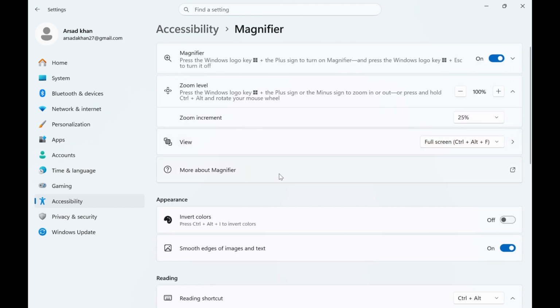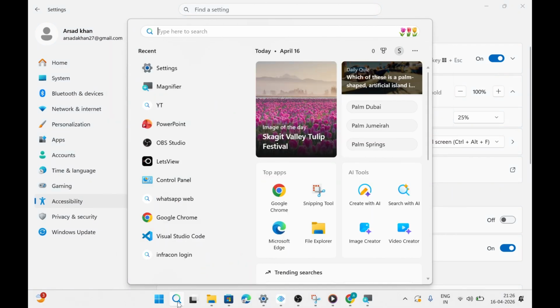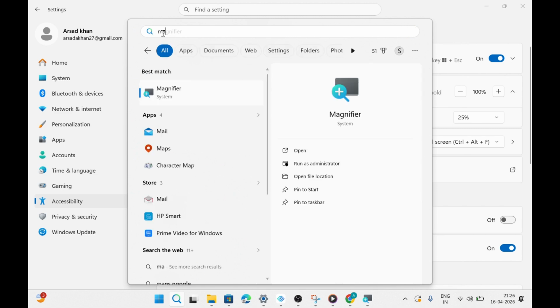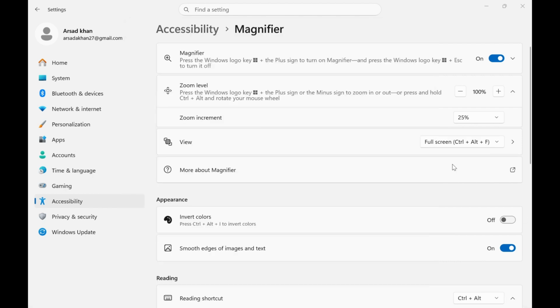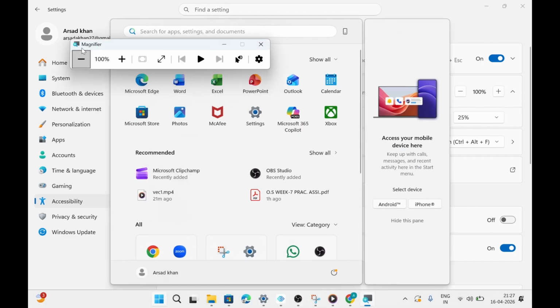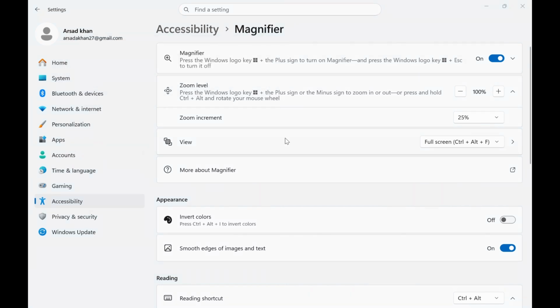Before we explain the basics behind this, I'm going to explain the more important thing, that is, if you go directly into this magnifier, you will not be able to see the options that we have in particular. So you can just view this particular tab. To know the settings, you have to simply go to the accessibility option in the settings, and then